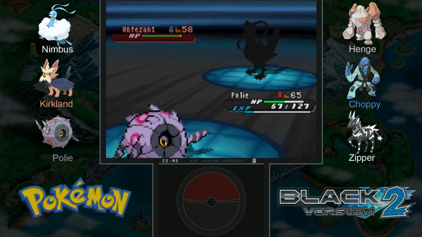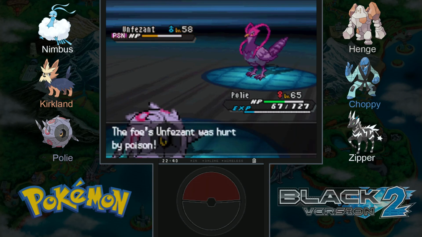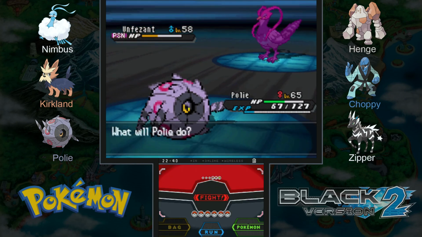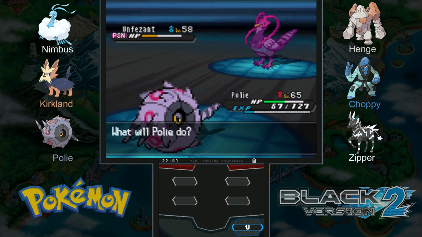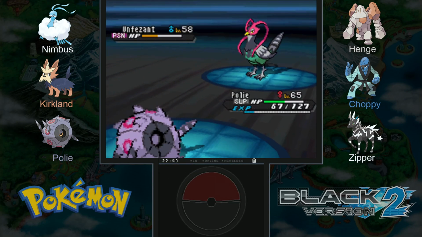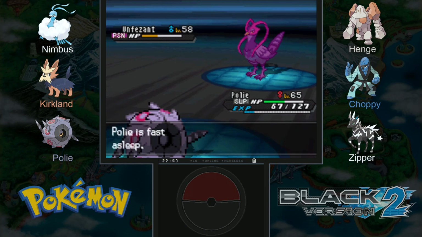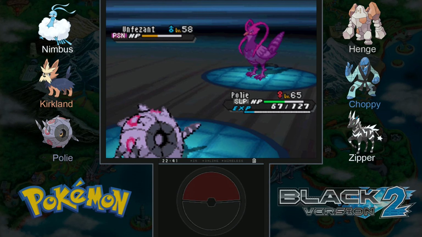Now, could we survive one more? We could. And with the poison, it might just be enough to knock it out. Because it did, what, 60 damage? I think even with some damage variation. Oh no, Hypnosis. That's annoying. Alright, well, it's a shame Hypnosis didn't miss, but that being the case, I don't really want to sit here and take a bunch of sleep damage, so